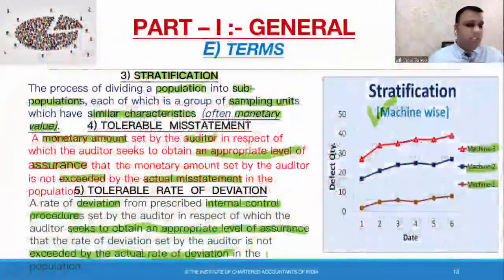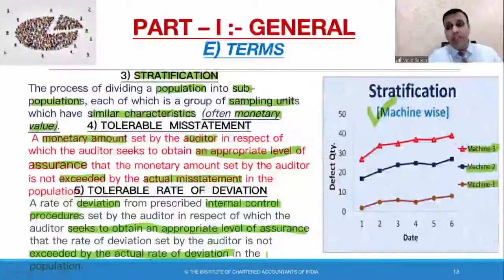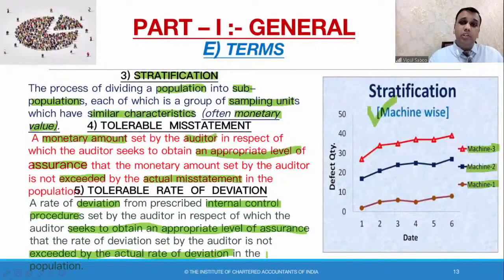It is completely fine, Charu, if you didn't get the example. Just remember, stratification, we'll be covering it in our next session as well. Stratification is dividing a population into subpopulations based upon similar characteristics, right? So each subpopulation will combine sampling units which have similar characteristics. In our case, in auditing, the criteria is usually monetary value, in terms of money. Okay, let's move ahead.